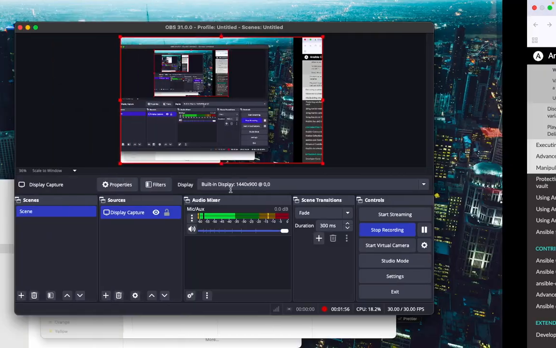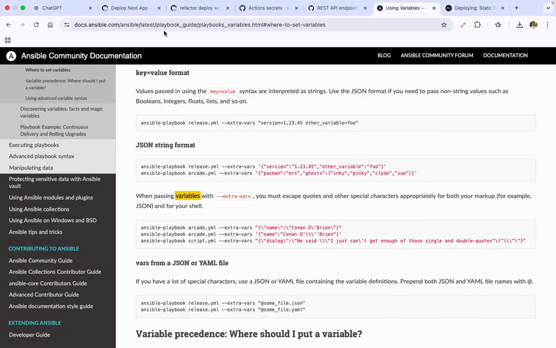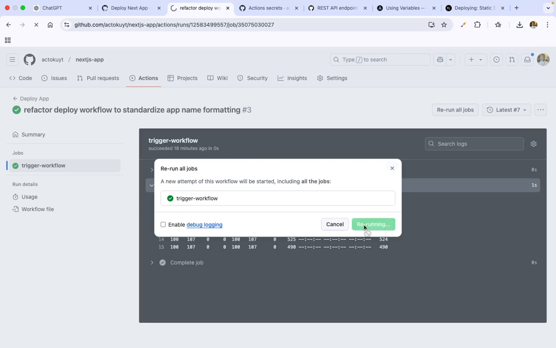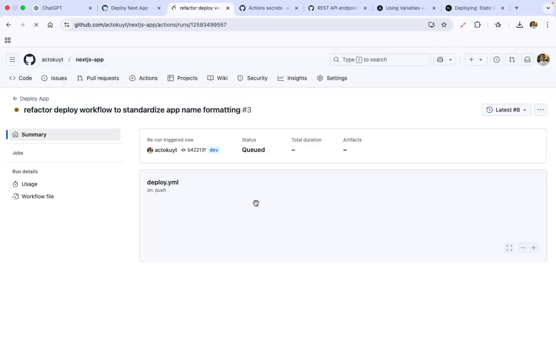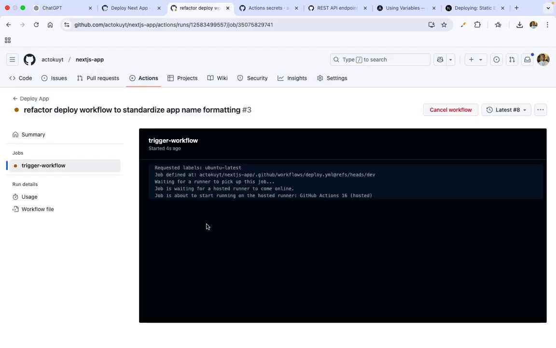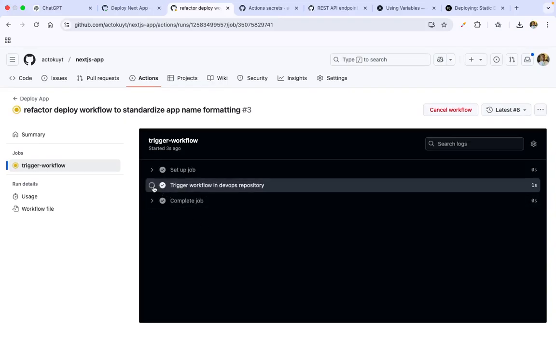I will trigger the workflow on the Nest.js app, right? So this would usually happen if there is a push to the dev branch, and so that completes successfully,